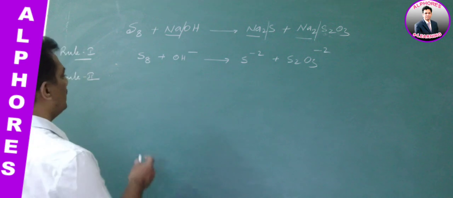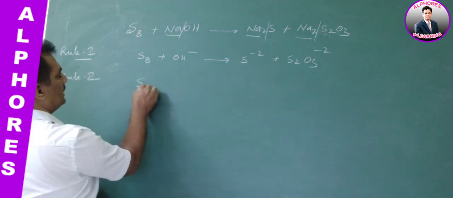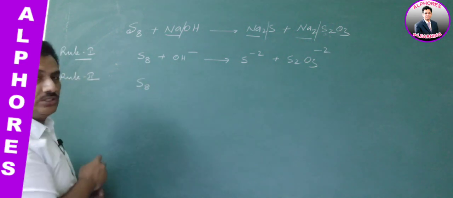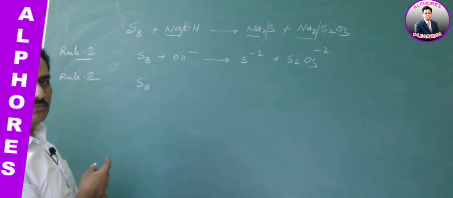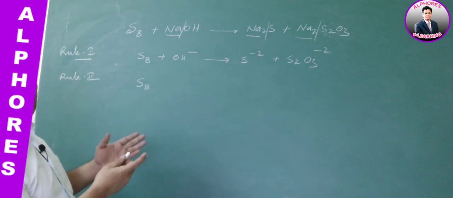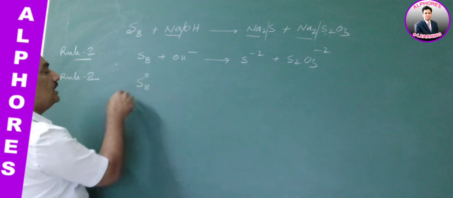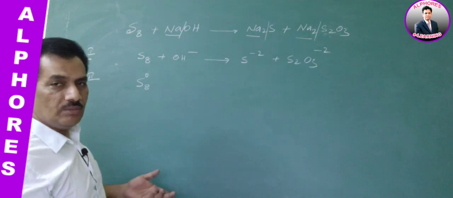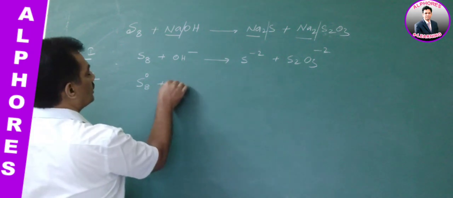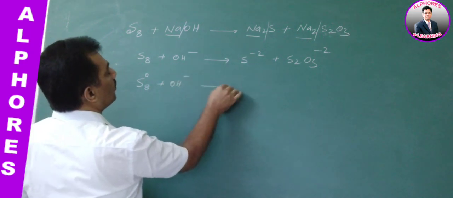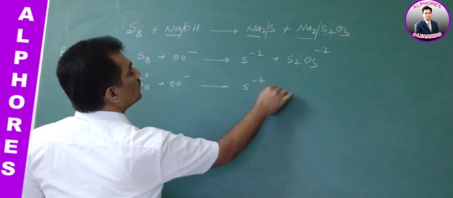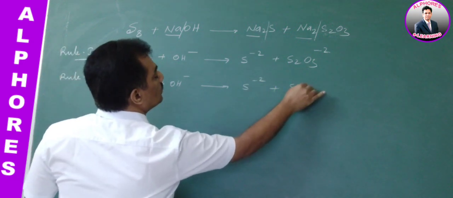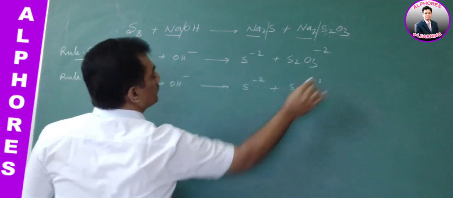Clear? Now consider S8. In S8, what is the oxidation state of sulfur? It is 0 because it is in the elemental state, with no combination with other elements. So here 0 oxidation state converts to minus 2,